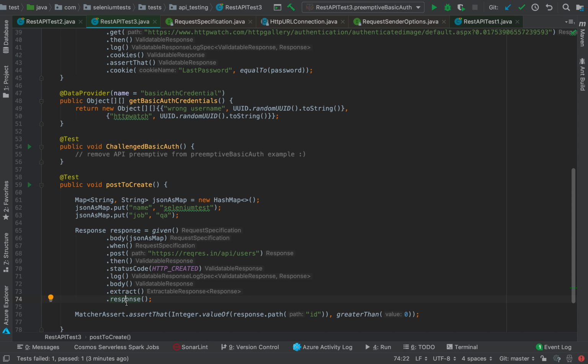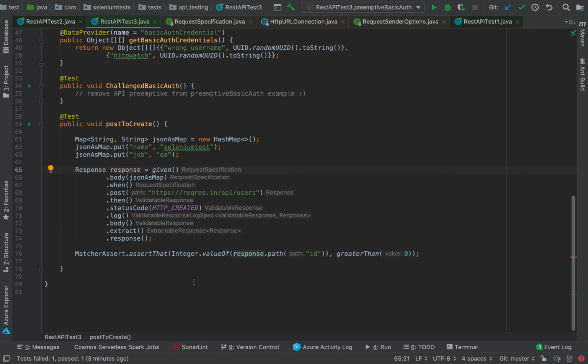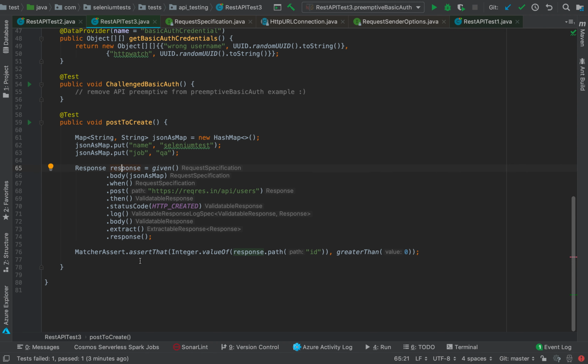We had seen extracting the response in the previous example as well. So this response is stored in the response object here, and then there's an assertion happening using Hamcrest, which asserts on the value of the path which we get as part of the response. So we can extract different elements of the response, and here we are extracting the path element, and it should be greater than